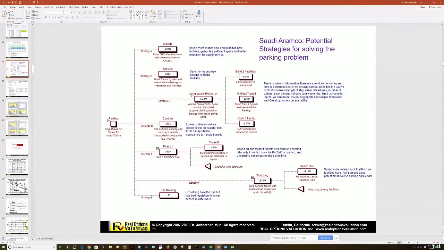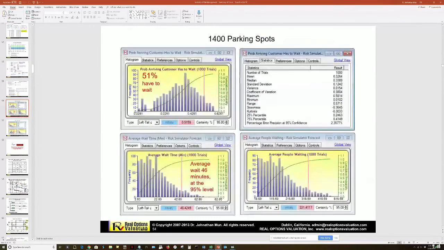And one of the areas that they were struggling with was parking space. They wanted to create parking garages with fancy trains that will take visitors from a garage about a mile away that goes downtown and then into this building. They want to figure out how many parking spots there will be. Things like that could be done. And so they can actually figure out how many parking spots we need.